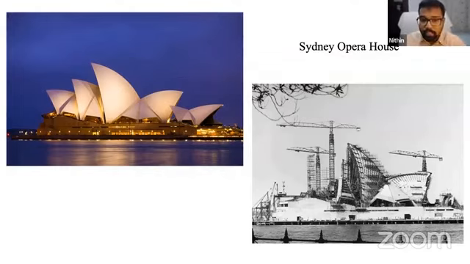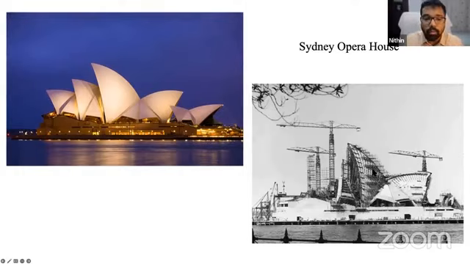So the structure of the Sydney Opera House is very interesting. This is in the Sydney Harbour, and in the earlier map I showed, you could see it jutting out of the Sydney Harbour. The structure of these shell-like pieces, the roof structure, is based on sails of ships or sailboats. So that was the idea behind it. And on the right, you can see an image of how it was during the construction.